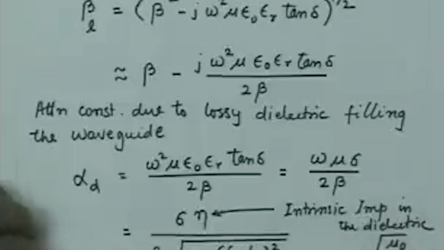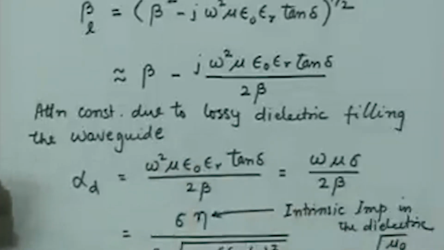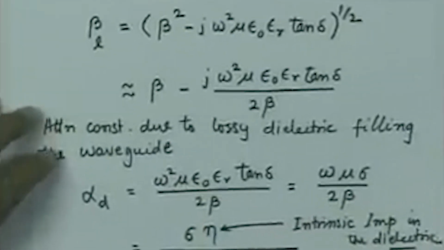And as you go closer to the cutoff frequency of the mode, the dielectric loss increases. So, by using this, now we can calculate one component of the attenuation constant, and that is due to the dielectric. The second component which we want to calculate now is due to the finite conductivity, and this calculation is not